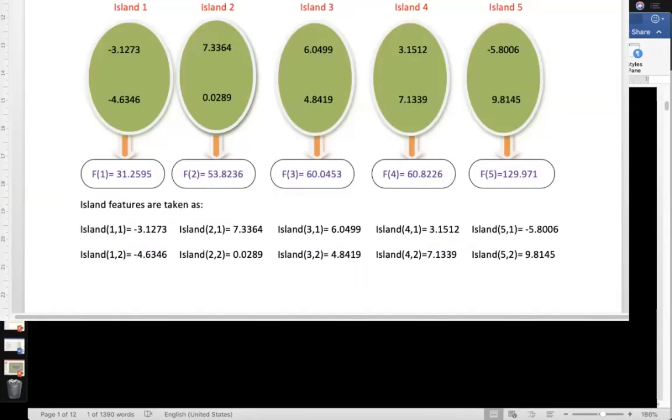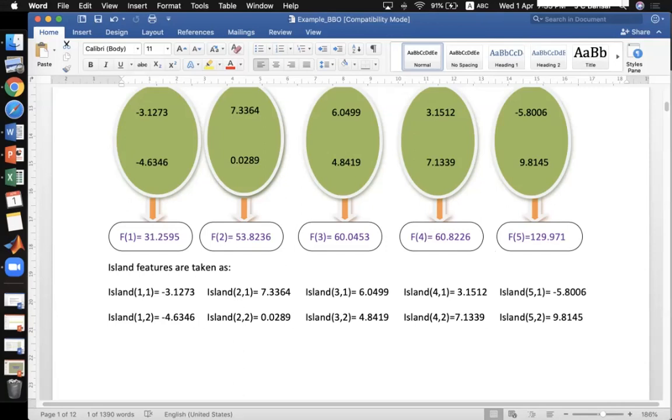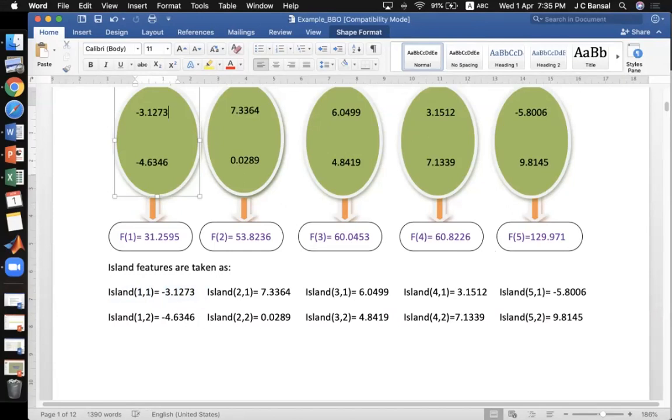Now, these are the island features. Numerically, the first coordinate is for the island number, and the second is for the dimension or the SIVs. There are two SIVs. So the first island's first SIV is this, and the first island's second SIV is this.